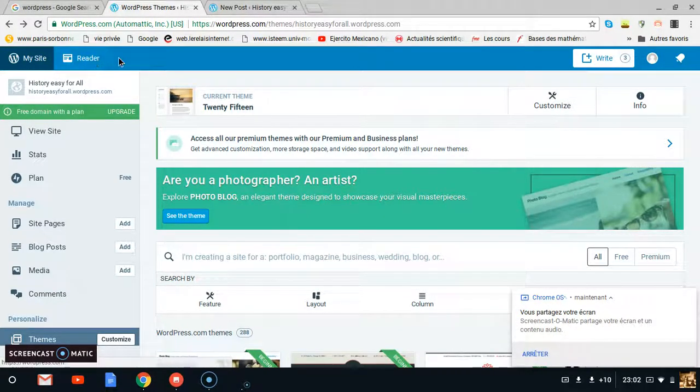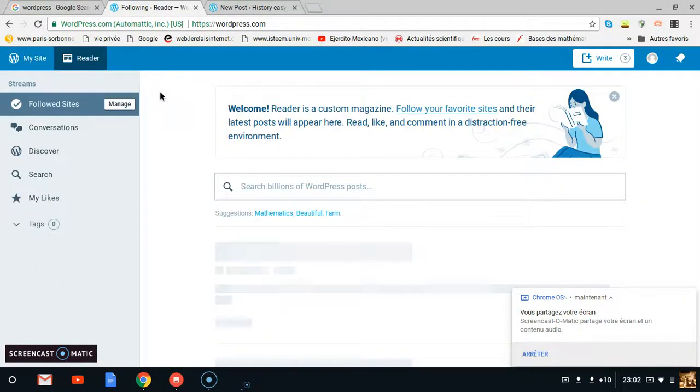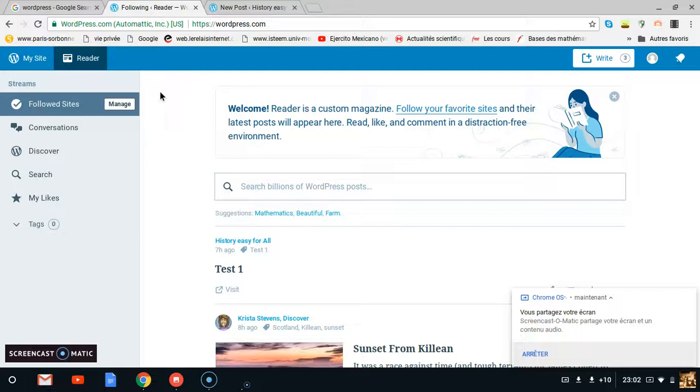The other ones on the left are more confusing if you are not familiar with WordPress. So, what is the difference between the My Site and the Reader tab? Actually, the Reader tab is meant to interact with the WordPress community. On the Reader tab, you can follow other websites created by other users of the WordPress community. You can start a discussion asking any advice or question to the WordPress community, or you can also click the